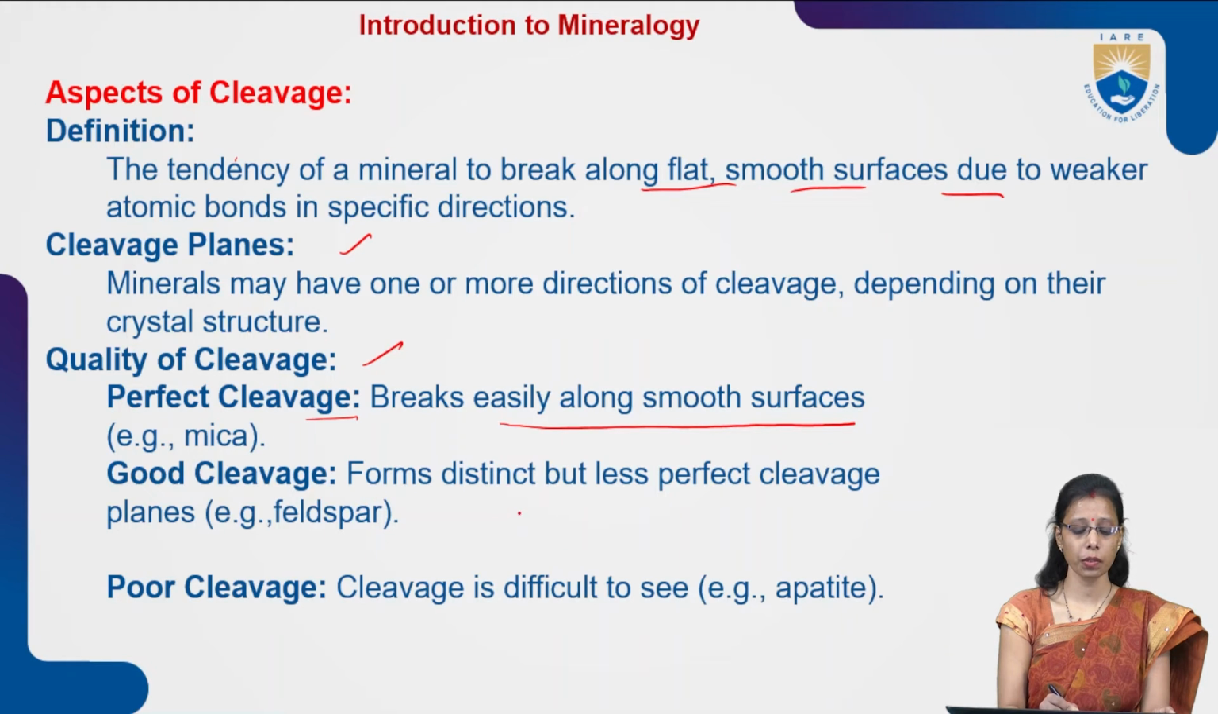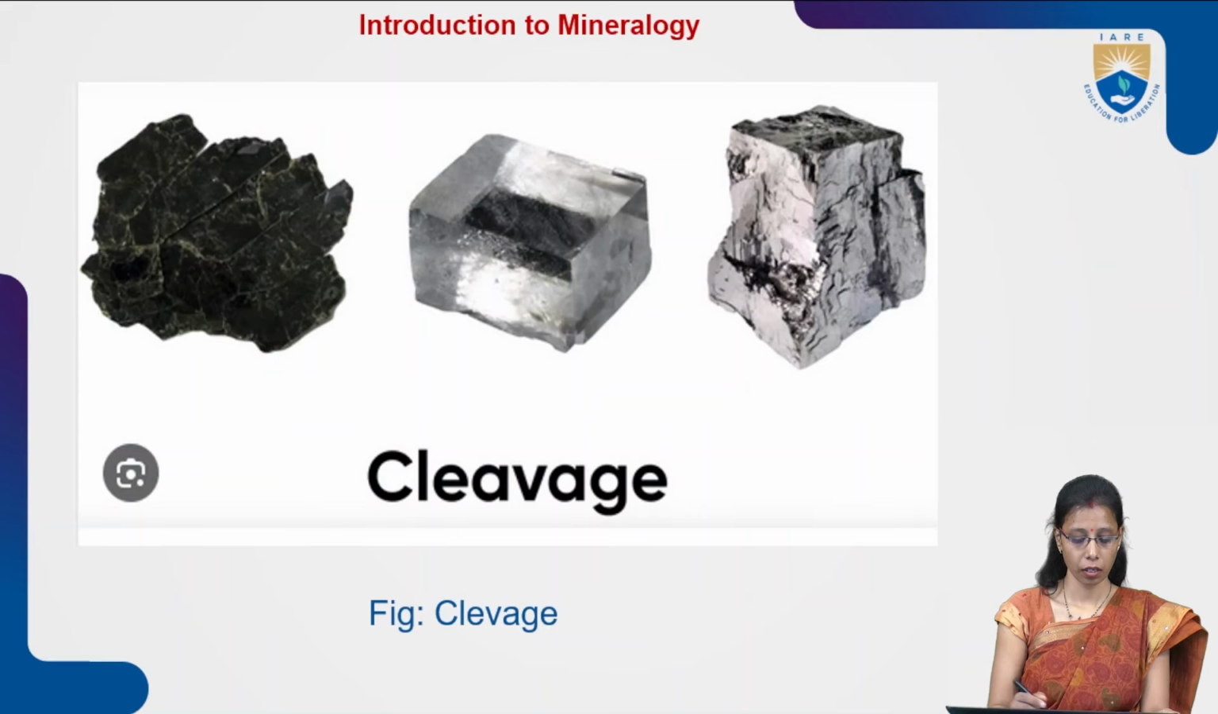Good cleavage forms distinct but less perfect cleavage planes, like feldspar. Poor cleavage is difficult to see, as in apatite. So this is how cleavage looks if the mineral is breaking into a flat surface. So this is the flat surface. If it is breaking into flat surfaces, it has one side flat, two sides flat, three sides flat. If you try to break it with a hammer, it will break like this, as flat surfaces